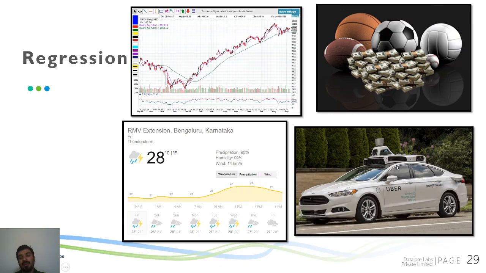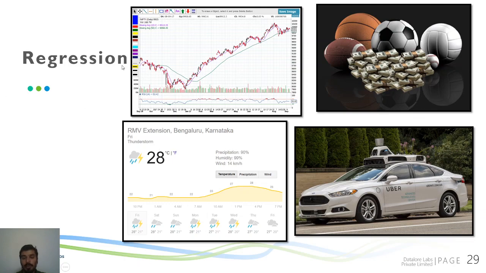And finally, your self-driving cars also. There are a lot of different modules in self-driving cars which can be called regression models. For example, what speed the car should go at, or what the steering wheel angle should be, or what the acceleration should be. These are all questions that can be answered using regression problems, and they'll use reinforcement learning to solve